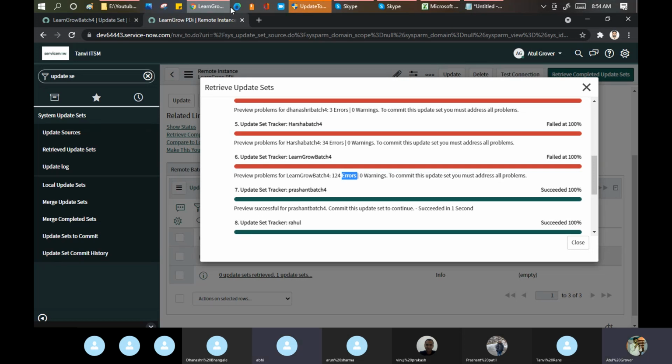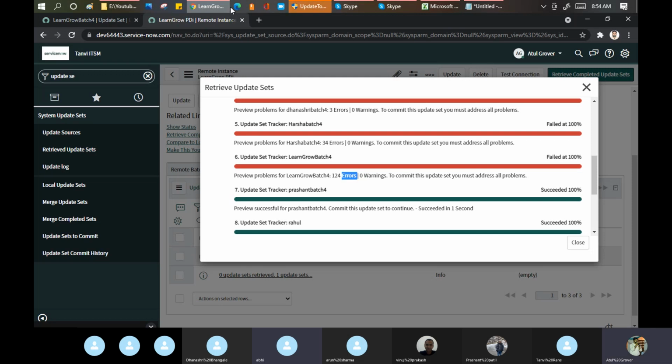Some issues on validation, like merging. Merging for what? Yes, Aishwarya, go ahead. On merging the records. What records? All the records that have been created in the update set, each of the catalog. Where?